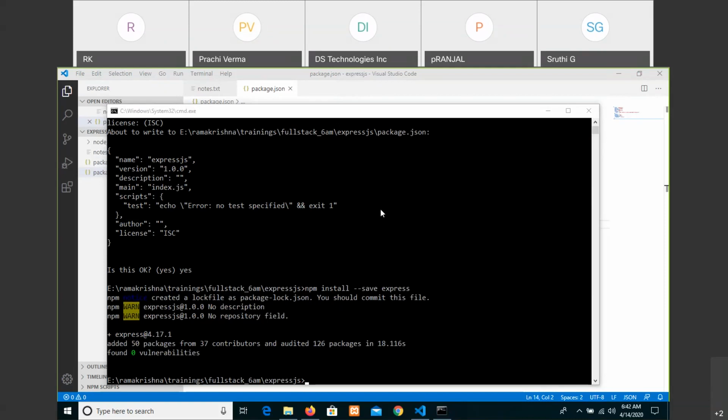What is the difference? You are creating a program and you have to execute it with node and the file name.